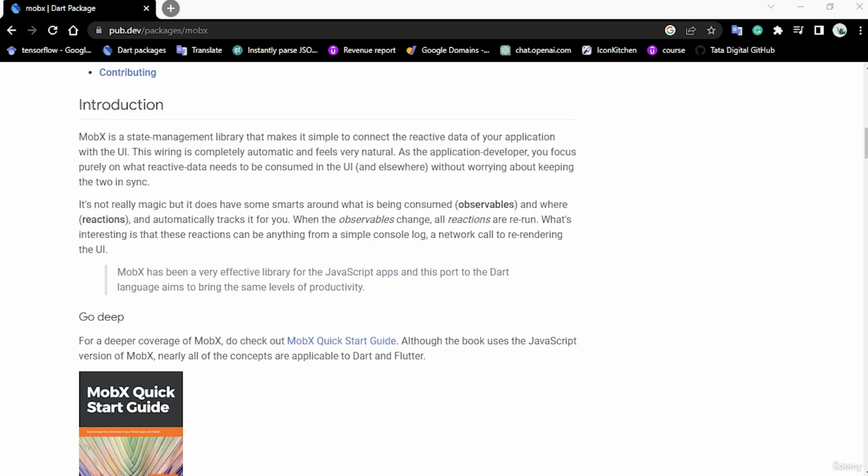So here in this video, we are going to talk about something called MobX. MobX actually came from React Native. It was really popular in React Native, so it had to find its way into Flutter as well. So MobX is a state management library that can be used in Flutter to manage and update the state of